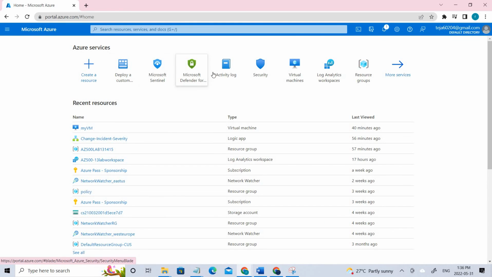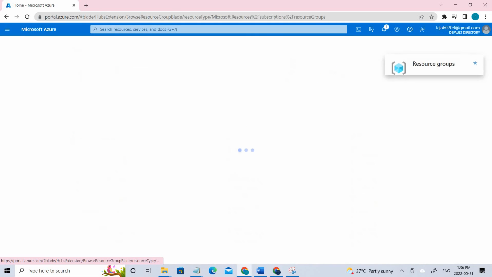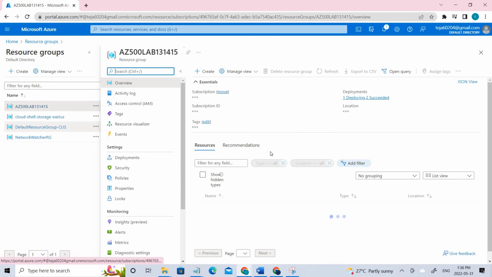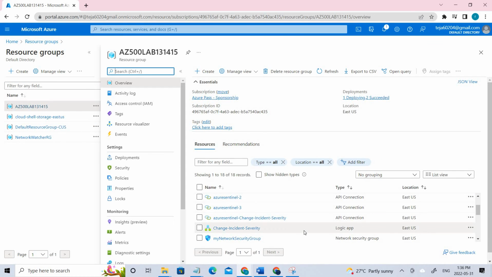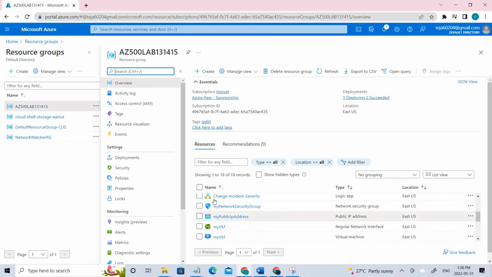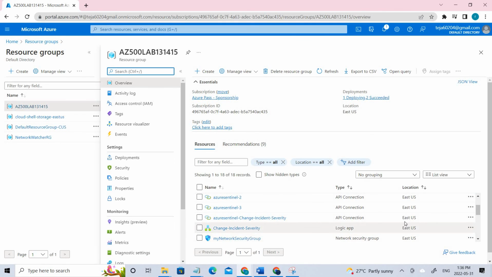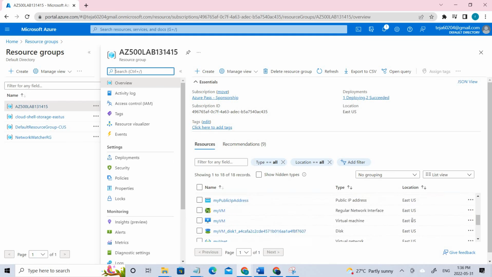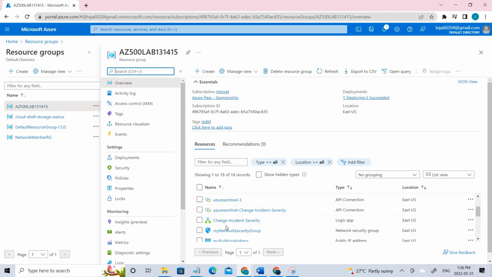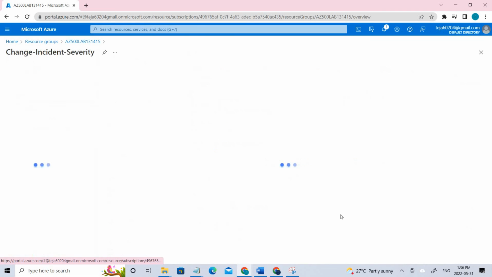and if you go to the resources under this resource group, these are all the resources which we have deployed. If I go to the change incident management, that has been deployed. So this is the logic app. You can see everything we are dealing with is East US, so you have to keep East US in this case. So if I go to the change incident management,